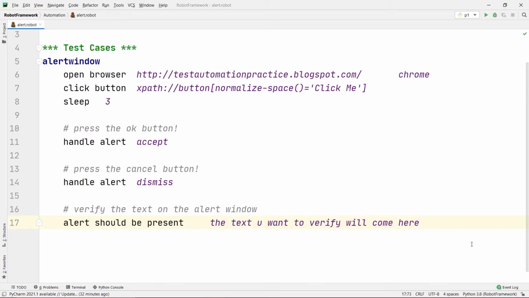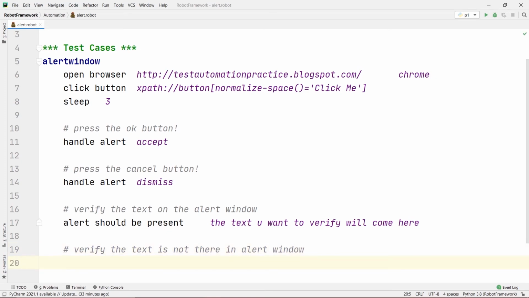All right. And after that, there is a negation command also. This will verify the text is not there in the alert window.